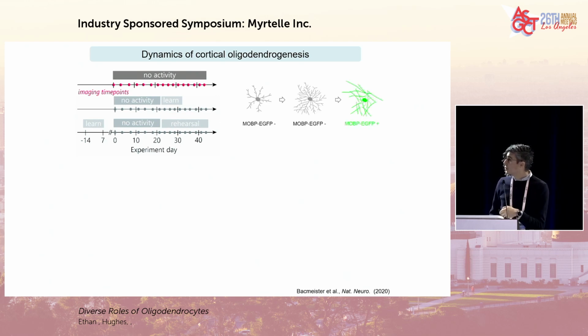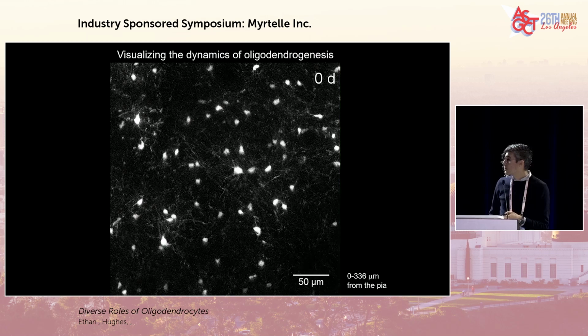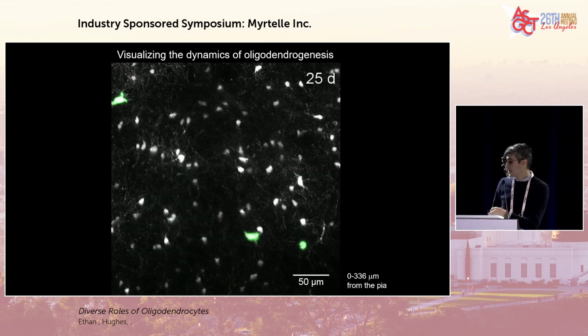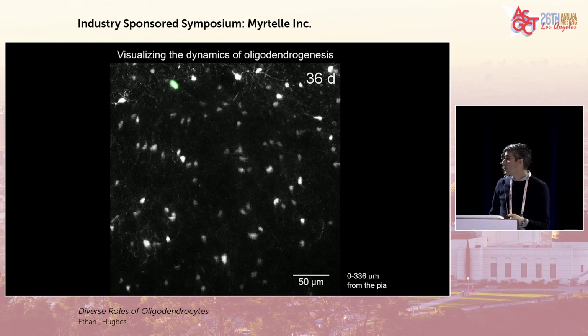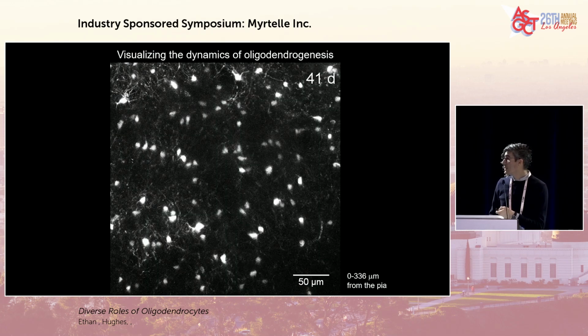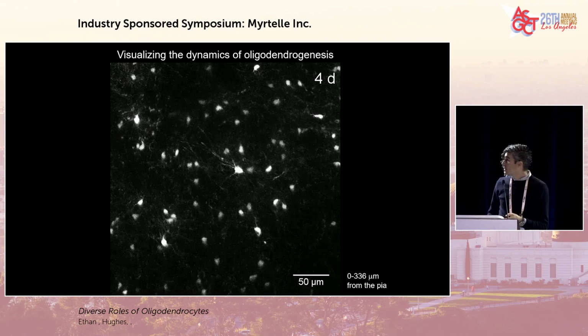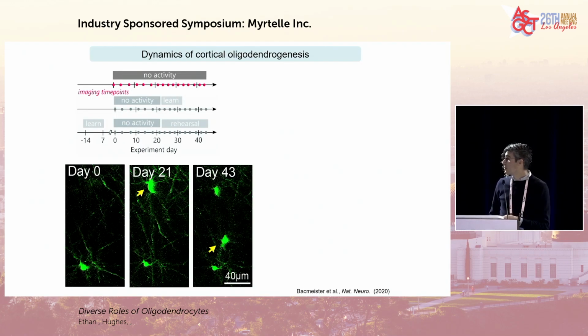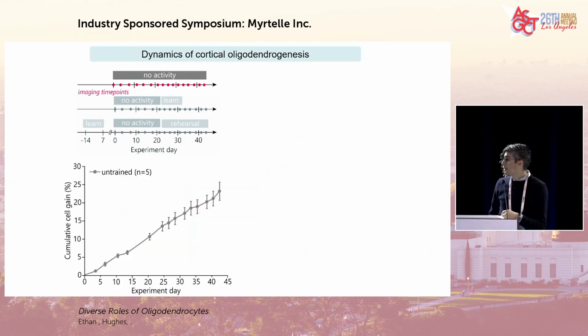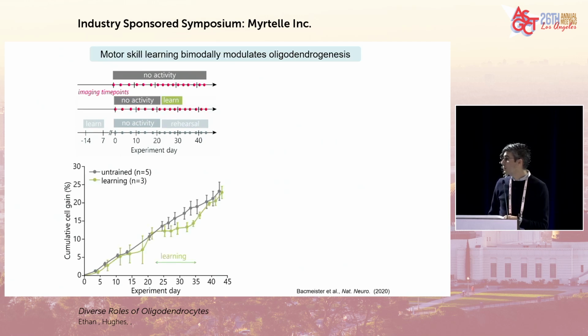In using these transgenic mice, the mouse that we're using specifically turns on EGFP just in the myelinating oligodendrocytes, and this allows us to watch the formation of new oligodendrocytes, here highlighted in green, over the period of 30 to 40 days in vivo. What this allows us to do is count the number of new cells that are generated in the same cortical volume, and we can calculate a cumulative cell gain across this period of time, and then look at how behavioral interventions like learning alter the rate of oligodendrogenesis in these different phases of the